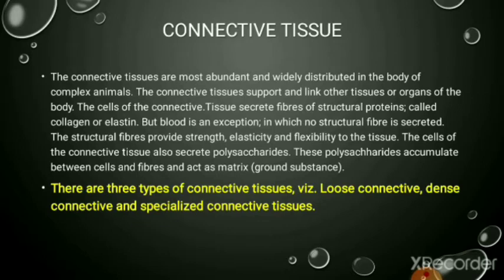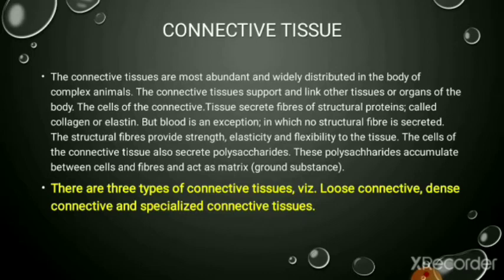Now, moving on to the second type of tissue, the connective tissue. First of all, what is connective tissue? The type of tissue which helps to connect two or more parts or organs of the body directly or indirectly is called connective tissue. So this tissue makes the connection between two different parts of the body. For example, blood. Blood is a liquid connective tissue which helps in the transportation of material from one part of the body to another part. Hence, it connects different parts of the body indirectly.